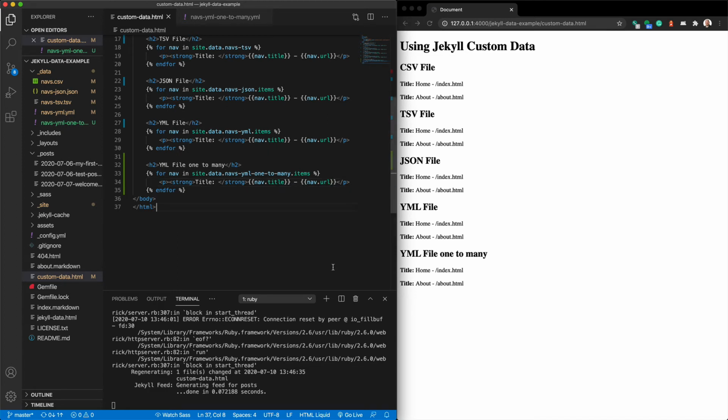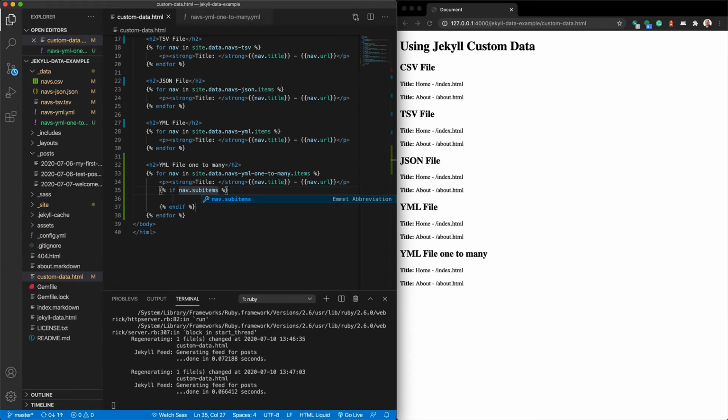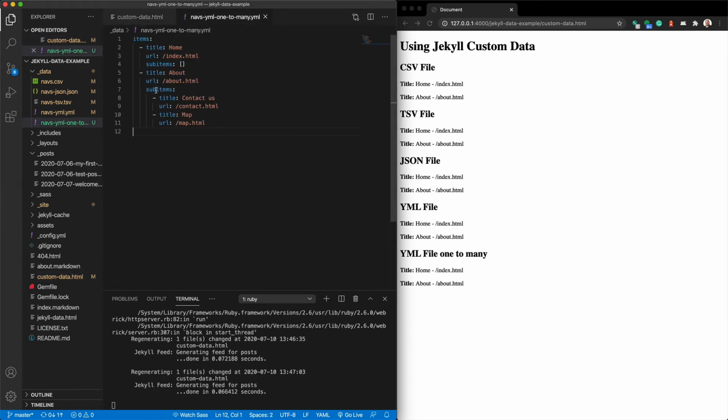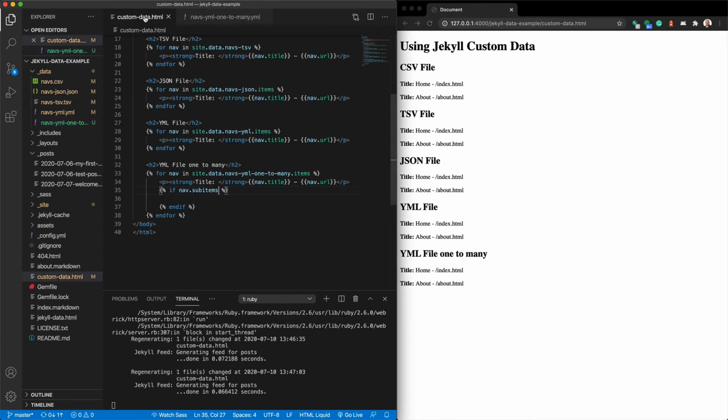But Jekyll doesn't really understand this one-to-many relationship unless we build it. So the next thing that we're going to do is go after this. We're going to stay in the for loop that we just created, but now we're going to say if the nav has sub-items, and in there we're going to put some more code. So if sub-items exist, then do something. It's going to skip over the home and go right to about because home has nothing. So if nav has sub-items, then we're going to say for sub-item